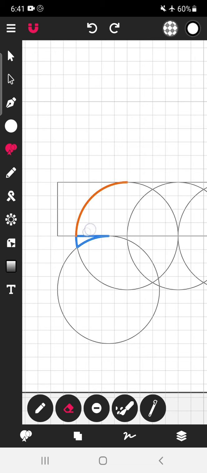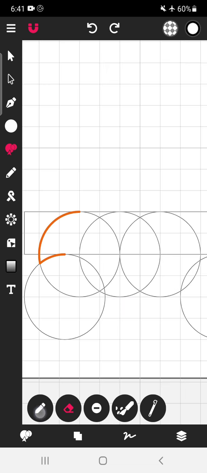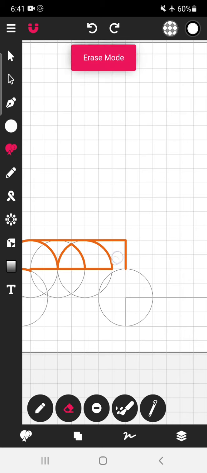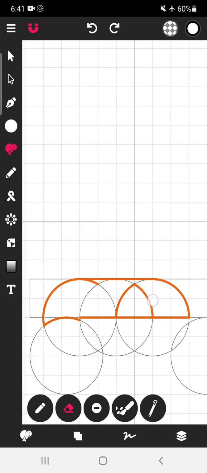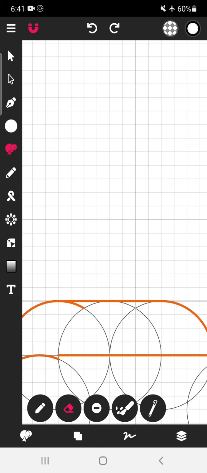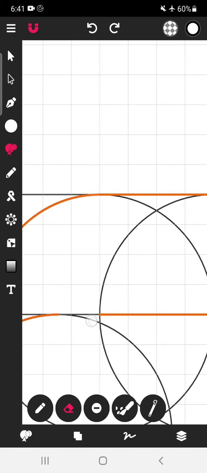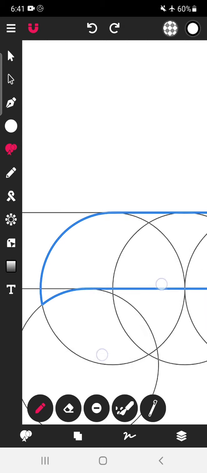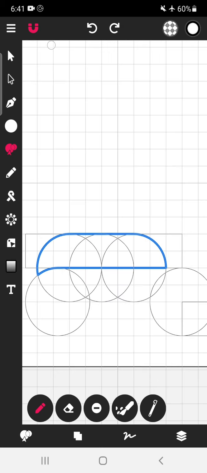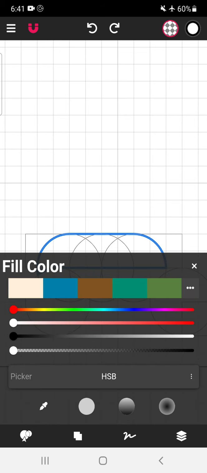This is not required. This particular area is also not required. Go straight, go straight here. So we can see gradually it's taking shape. Since this shape is not closed, it is not getting converted into blue. See, as soon as the shape got closed, it got converted into blue color. So this is a closed shape and we will use the same trick.